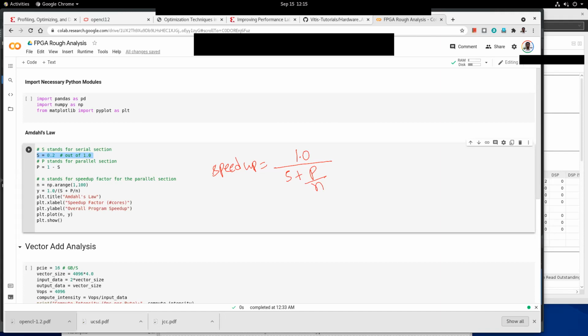So one thing, let's say S is equal to 0.5. Then what is the best speed up that we can get, even using whatever fancy techniques are available to us? If S is equal to 0.5, that is, 50% of the code is serial and the other 50% is parallelizable, then what is the best we can get?